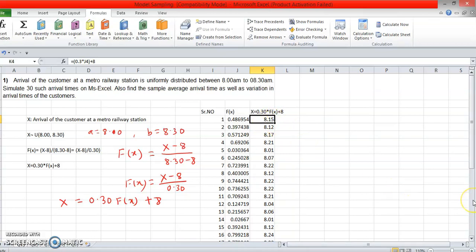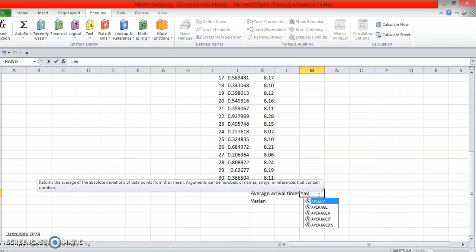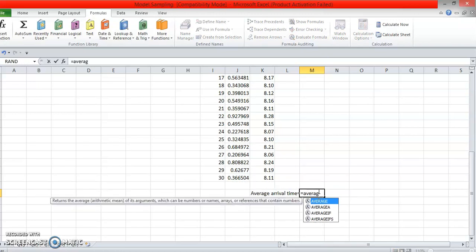Now I have to obtain the average arrival time as well as the variation. Now you learned how to obtain the mean and variance. The average arrival time means the mean here. So for finding the mean, we use the function average in Excel, that we know. So I am using this average function over here.